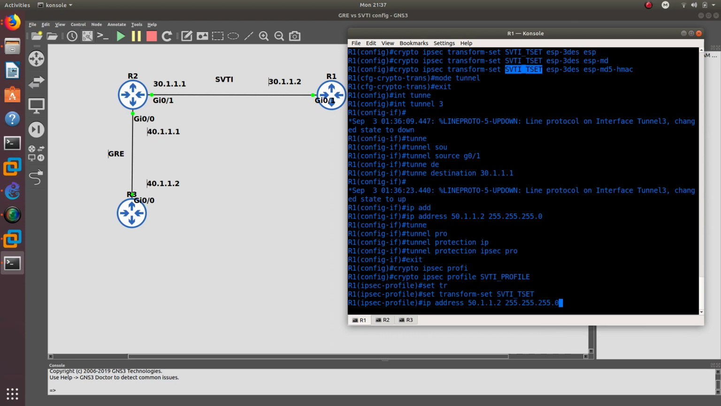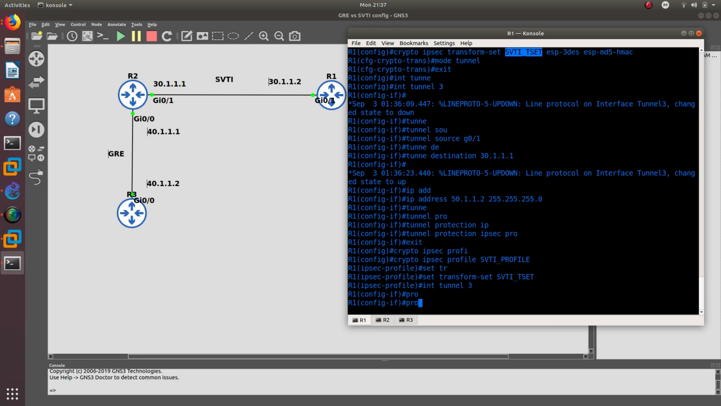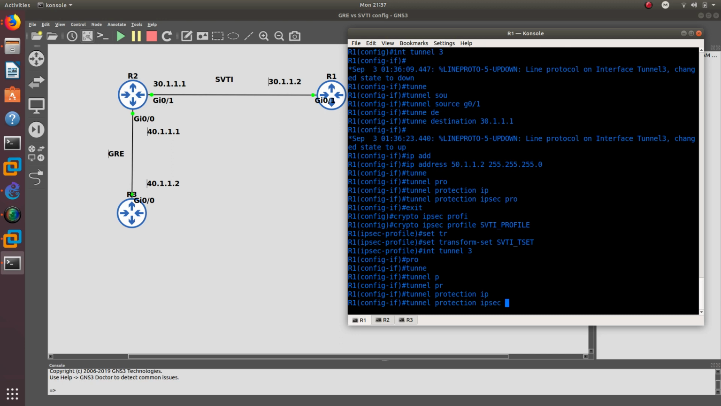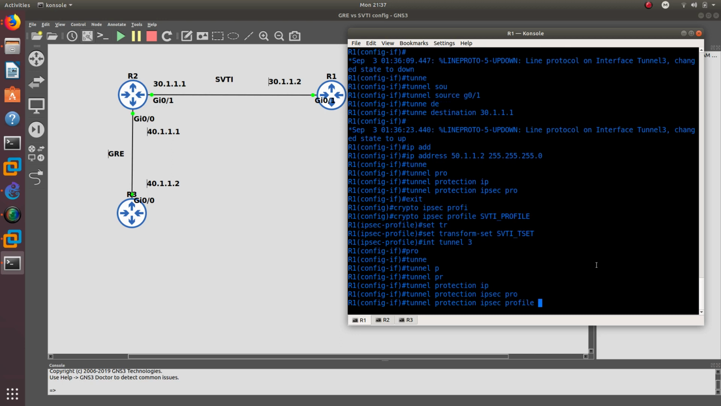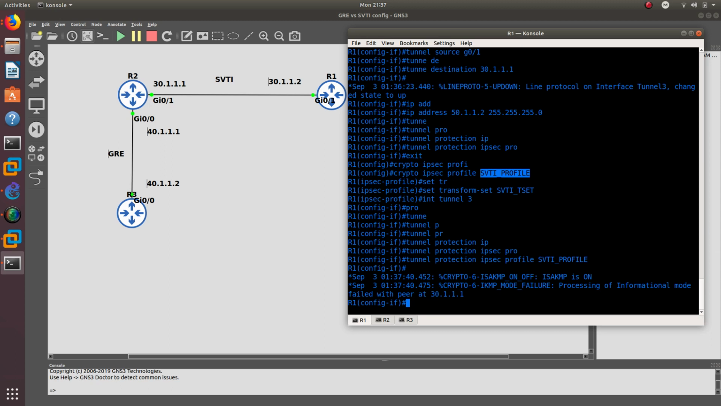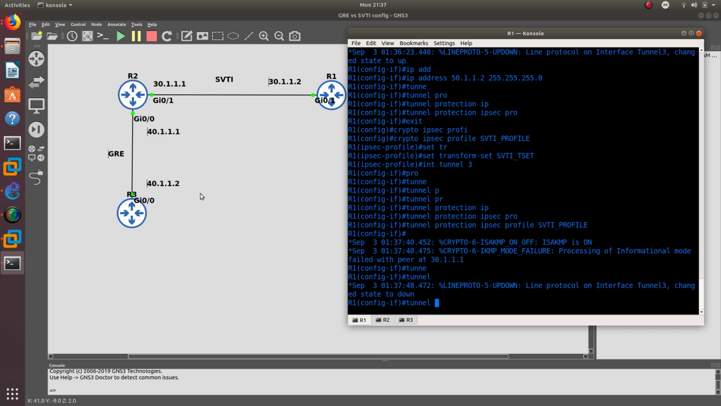And now let's go ahead into the tunnel 3, and we need to do the tunnel protection using IPSec profile, and we're going to use this SVTI profile. There we go. So now the command that changes is going to be the tunnel mode. So tunnel mode, I did not do it for R2 and R1, R2 and R3 because